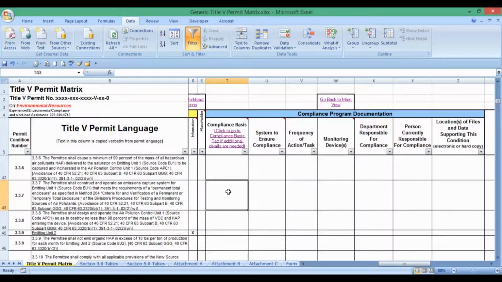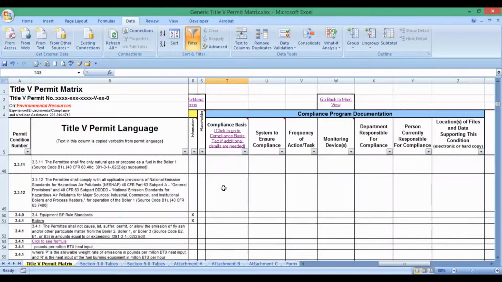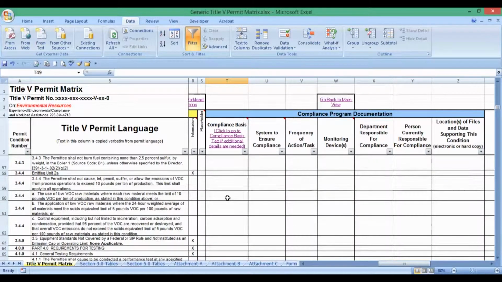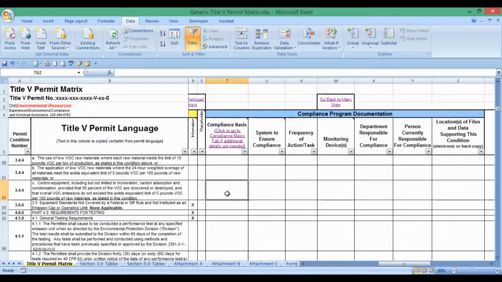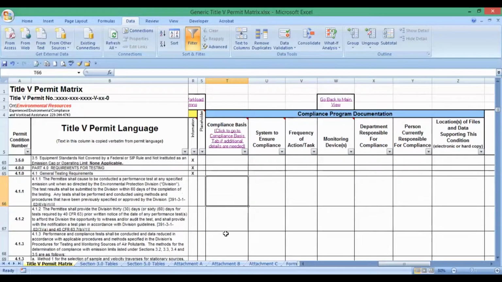Is it by limiting your production? Is it by limiting the VOC content of your raw materials? Do you have a control device to limit emissions, for instance? And this is a very good way to document that, but also by doing so, that exercise is, of course, a very detailed audit effectively of your system,